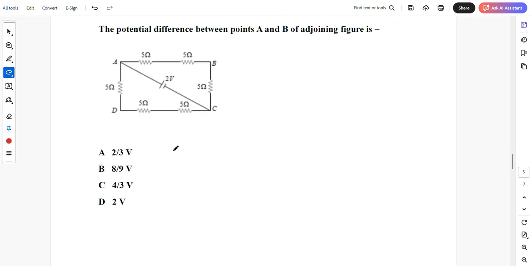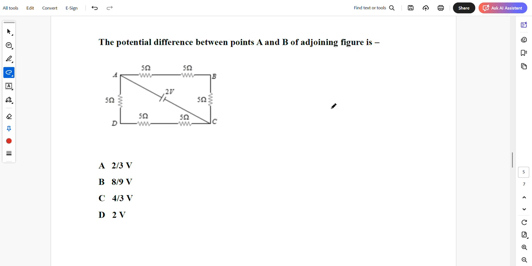Next problem ನೋಡೋಣಪ್ಪ. Okay, the potential difference between points A and B. Okay, this is very easy. Okay, ಇಲ್ಲಿ ನೋಡಪ್ಪ, first you have to calculate the equivalent resistance. First you calculate the current. How to calculate the current? It is like this. Okay, 2